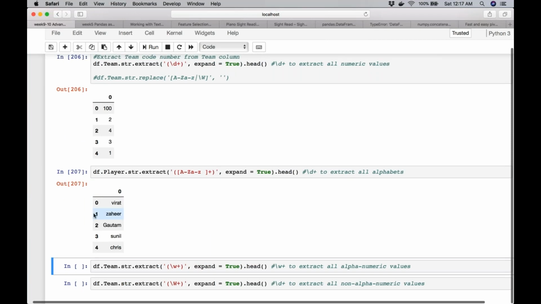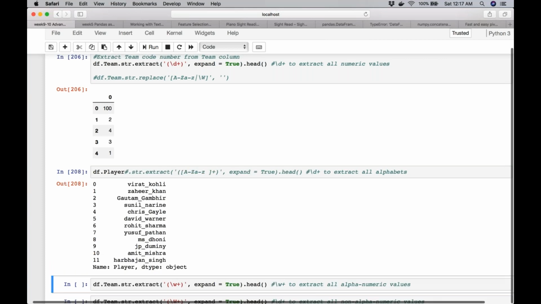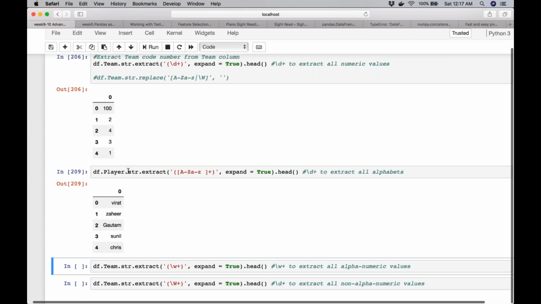Why am I only getting the names? Why is it not giving me the last name? Because my player column, if you see, is Virat underscore Kohli, Zaheer underscore Khan, but I'm only getting the first name.